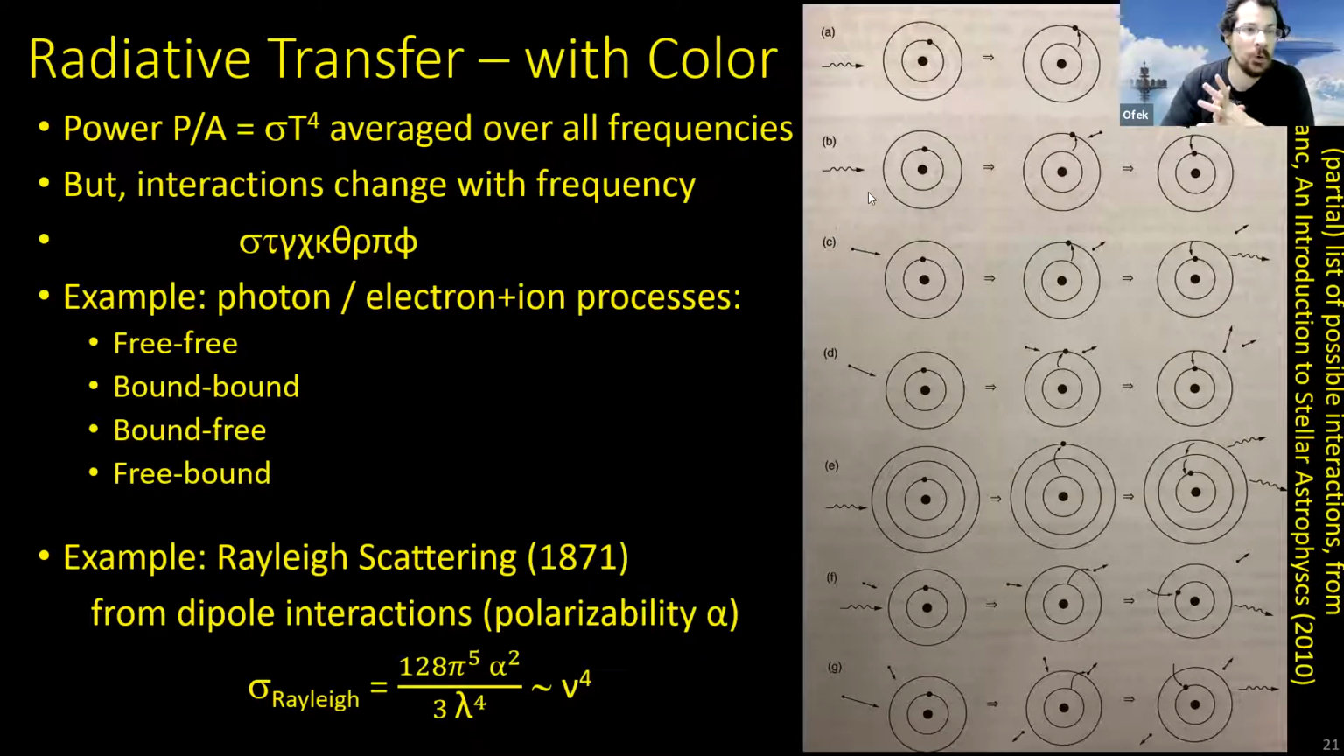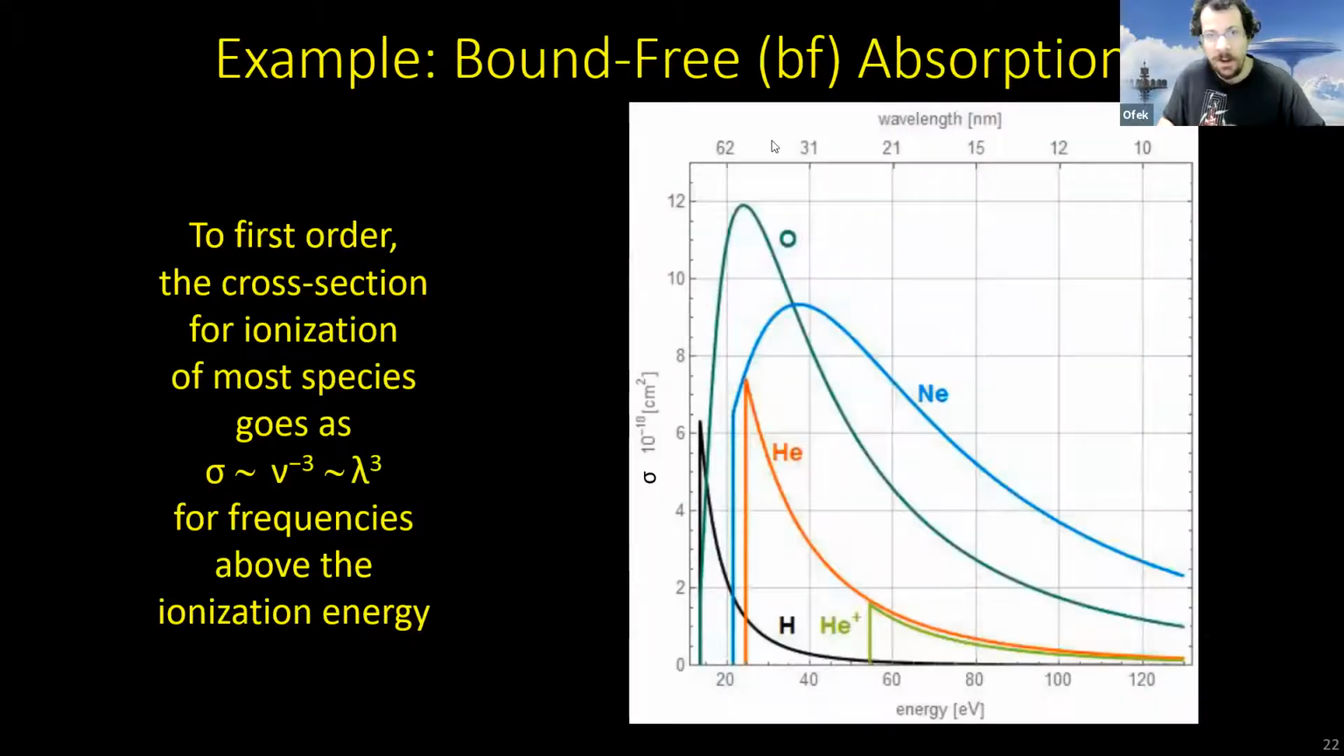Some places give full courses on radiation transfer and radiation processes in stars. Even this list is only the beginning of possible processes which can happen. Okay. Another important example of a color-dependent process